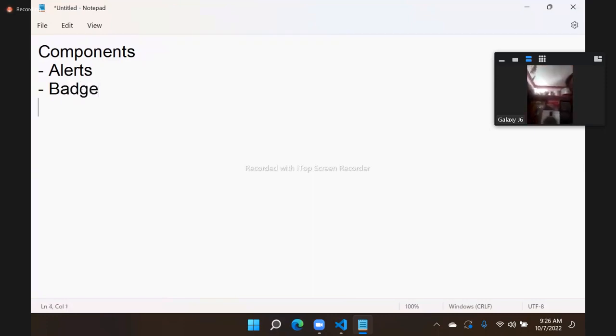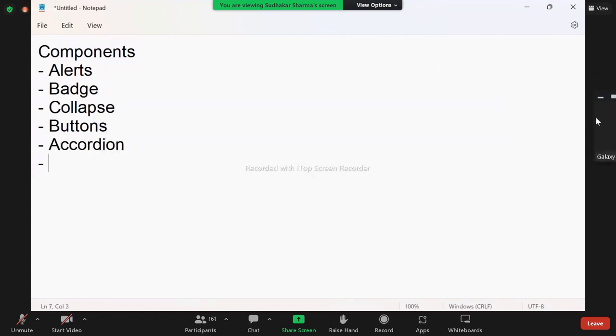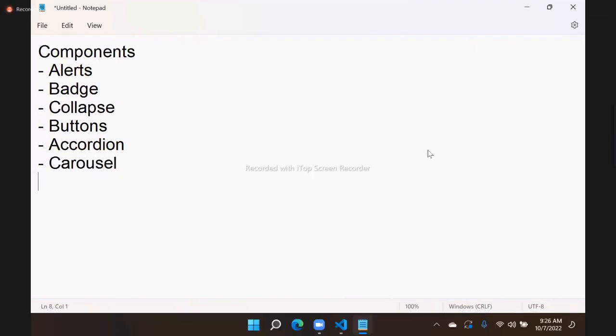So badges and collapse, buttons. What else? Accordion, carousel, cards. We learned about cards. So these are the components we learned: alerts, badges, collapse, buttons, accordion, carousel, cards, and